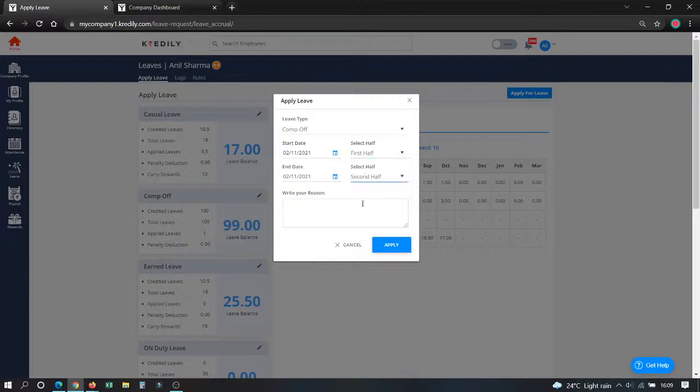Now let's say you're taking only half a day leave. So in that case, the start will be first half and end also will be first half, or it will be second half and second half. The start and end will both be the same. So if you are applying for half a day, just make sure that start and end will be the same, second half or first half. Of course, you need to mention the reason